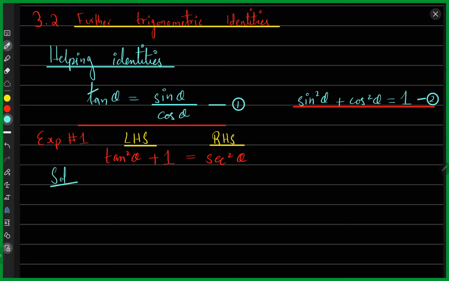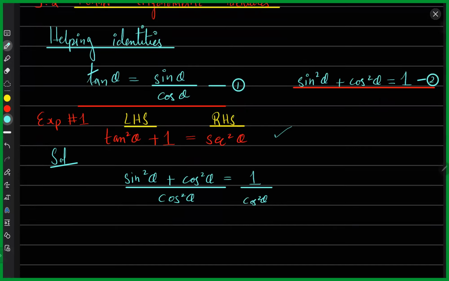Now I know that sine square theta plus cos square theta is equal to 1. This is helping identity 2. It is this one. Okay, I've used this one. And now I need to do something about it just so I get this one. So what I can do is I can divide both sides by cos square theta. Mathematically that's perfectly fine as long as I'm doing something on both sides. Okay, then I just need to